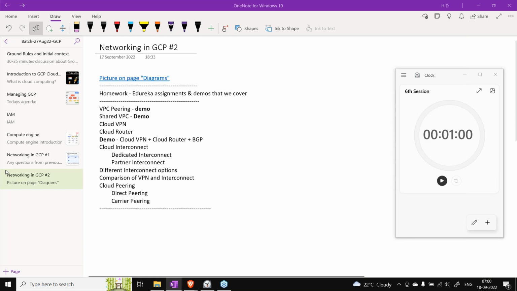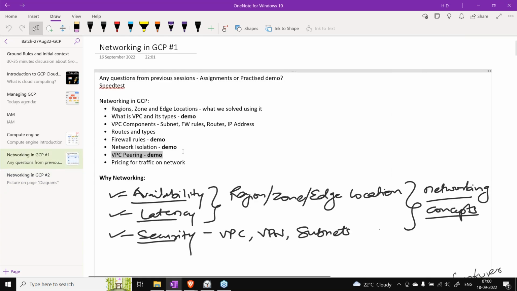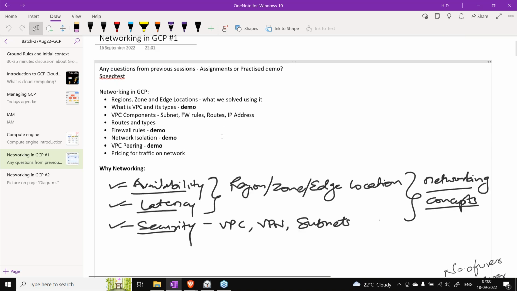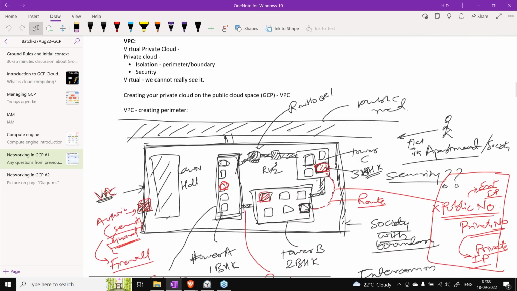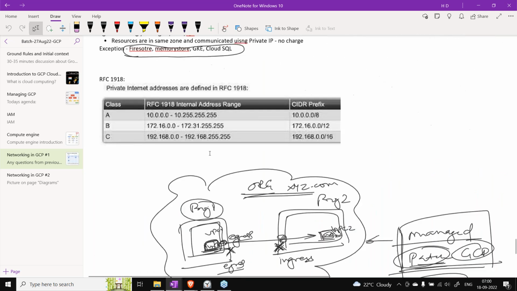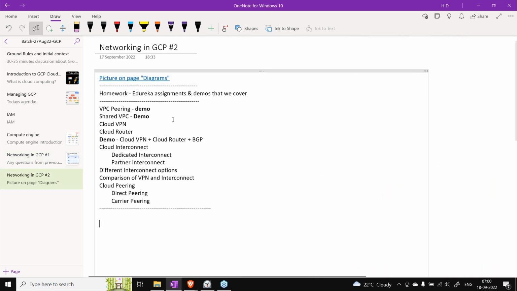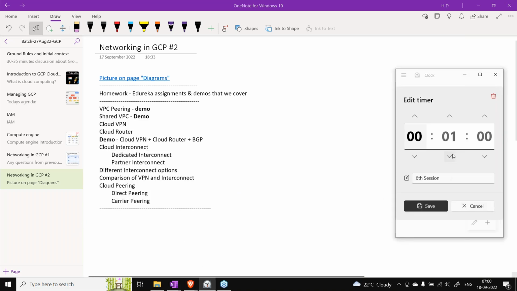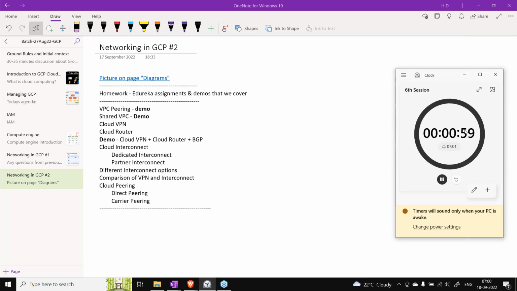So what we covered yesterday? This was the pending piece from yesterday, I think, which we'll cover today. I uploaded these notes as well, so you guys can try out. Then we have a lot of things to cover today. Time is 7 a.m. Let me just start a counter for 1 minute. Let's wait for people to join, and then we'll get started.